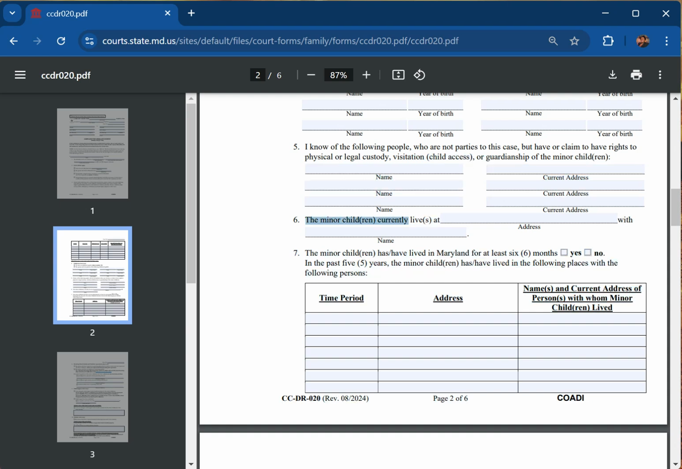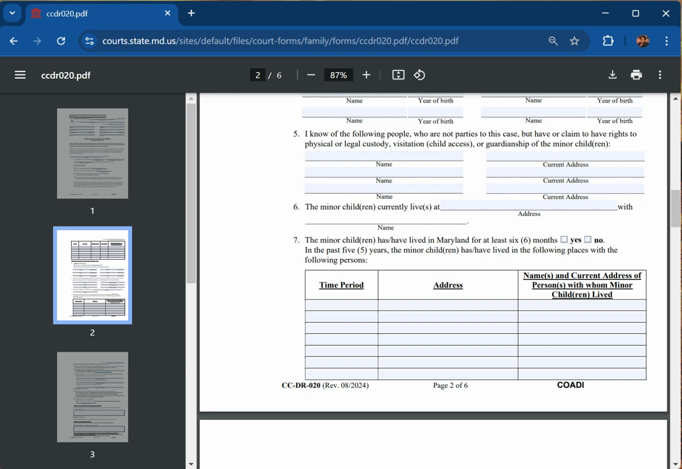Because we don't have any minor children, I'm going to leave number 6 blank. And all number 6 is asking is where does the child or the children currently live? Excuse my English. Okay. So number 7,